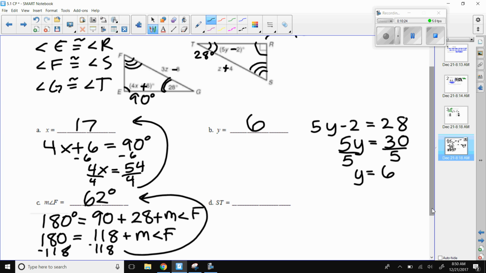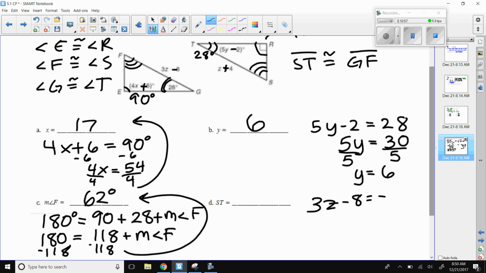And the last one, ST, is my side length. The side lengths are definitely the hardest. So if I look at my angles, ST, I got T and S, I got 2 ticks and 3 ticks here. So it's going to be directly related. ST is going to be congruent to GF because G has 2 ticks and F has 3 ticks, just like the angles S and T, which means that I have 3Z minus